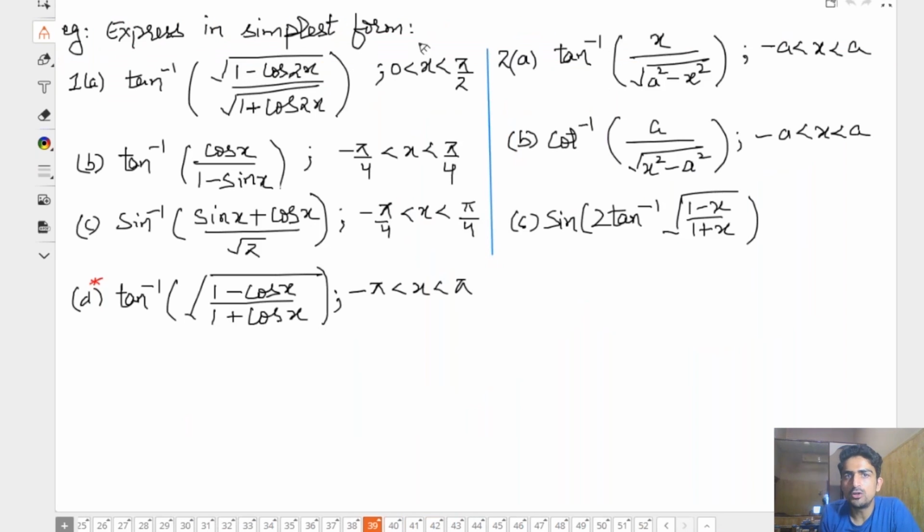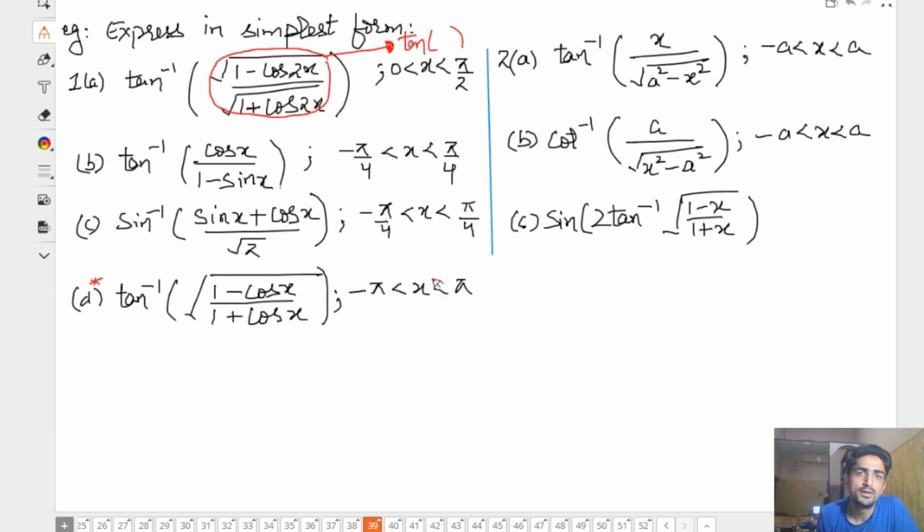This is one category of questions: expressed in simplest form. Now this category of question has two types of questions. Number one is this and number two is this. How do they differ? Here we have a variable inside and here we have trigonometric functions inside. First A, simplifying this thing, you have to create tan of